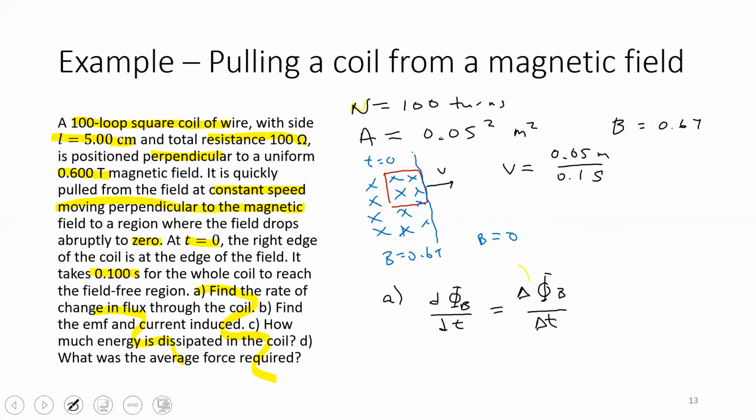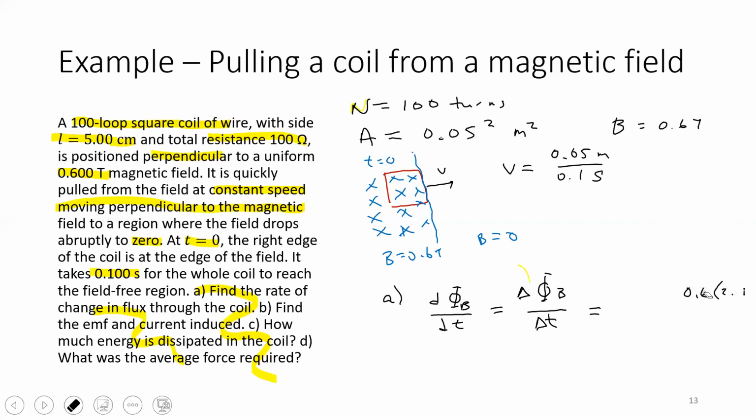Okay, so when we do that, we go from having, initially, we have a 0.6 times our area. So I'm going to write 2.5 times,